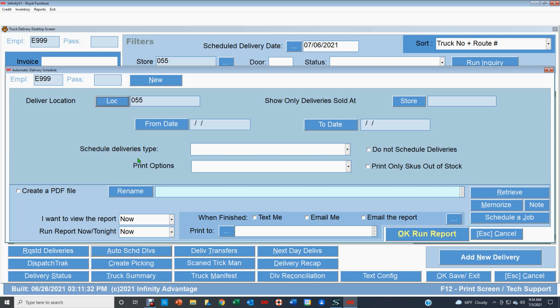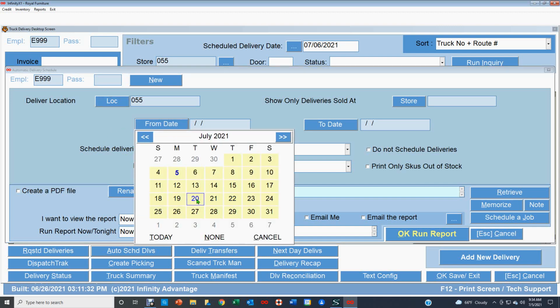If those do not happen, then you are not going to get a delivery for that date. But we can check on those things and get the proper people to take care of those a few days before the delivery starts. All right, so to schedule these deliveries, I'm going to let it know the date